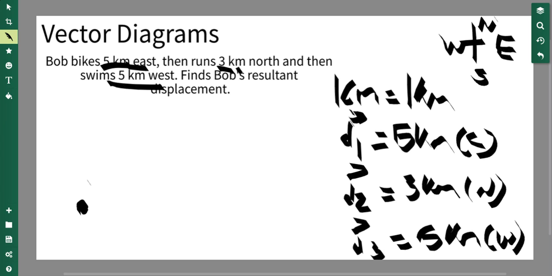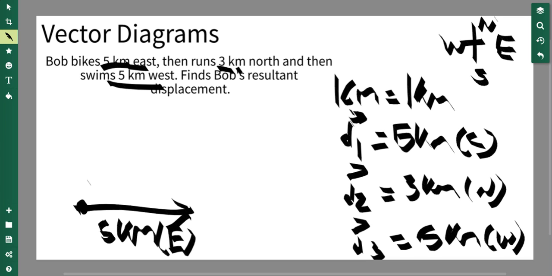East is this way, so it's going to go 5 kilometers, so let's say it's around here. That's not the straightest line, but that's okay. Once you've drawn your line, which was 5 centimeters if you're using a scale factor, you have to draw an arrow, because that's the way he was going, and label it 5 kilometers